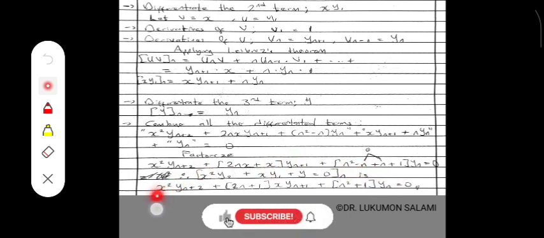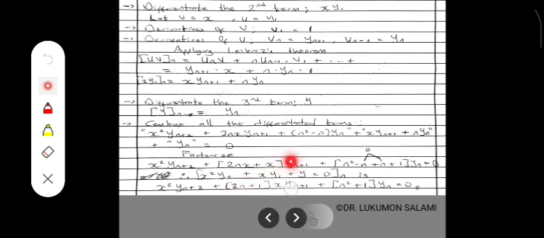Therefore, s power 2 multiplied by y subscript 2 plus s multiplied by y subscript 1 plus y equals 0. The nth derivative of this equation is now equal to s power 2 multiplied by y subscript n plus 2, plus 2n plus 1 multiplied by s multiplied by y subscript n plus 1, plus n power 2 plus 1 multiplied by y subscript n, equals